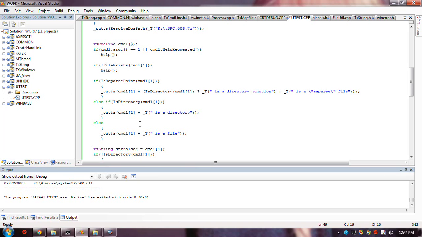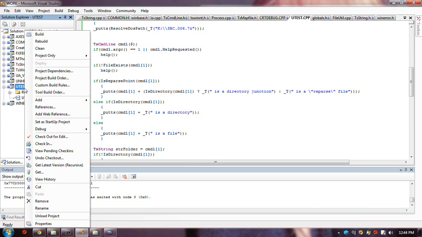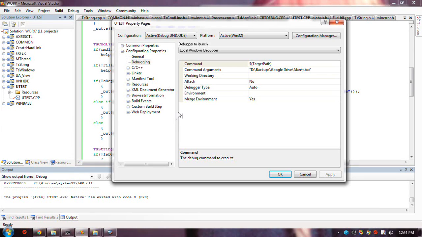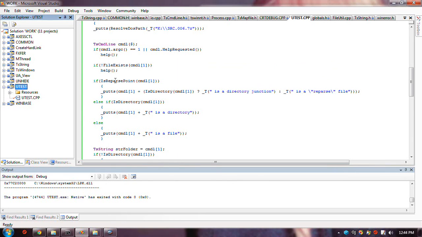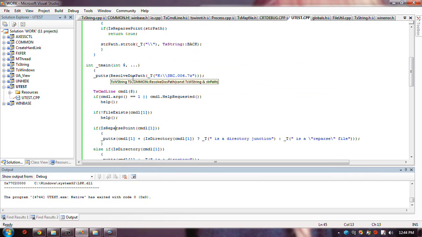So it does this call, succeed if I run this unit test, and the parameter is the junction. It's going to build.